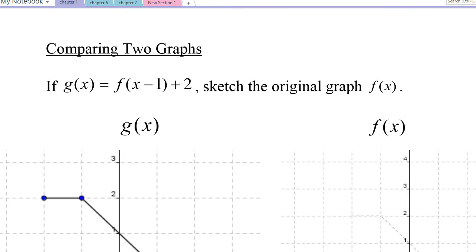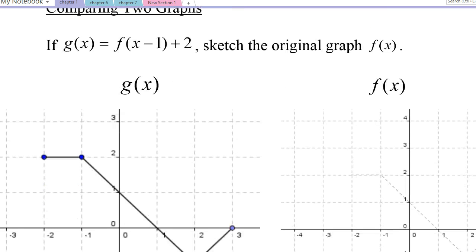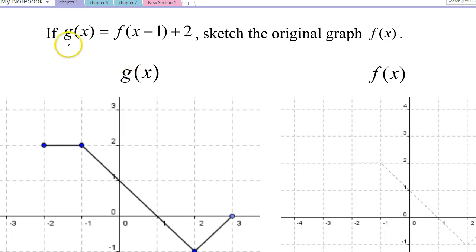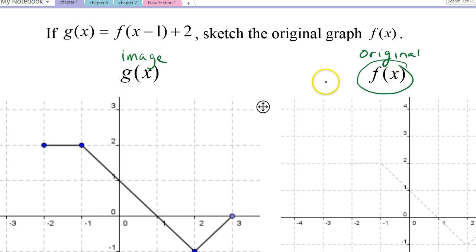Okay, let's compare these two graphs here. If g of x is equal to f of x minus 1 plus 2, sketch the original graph, f of x. So this is the original, and this is the image, the new one. It's like we're given the answer, but we have to figure out the question in a way. So if this is the original, and g of x is equal to f of x minus 1 plus 2,